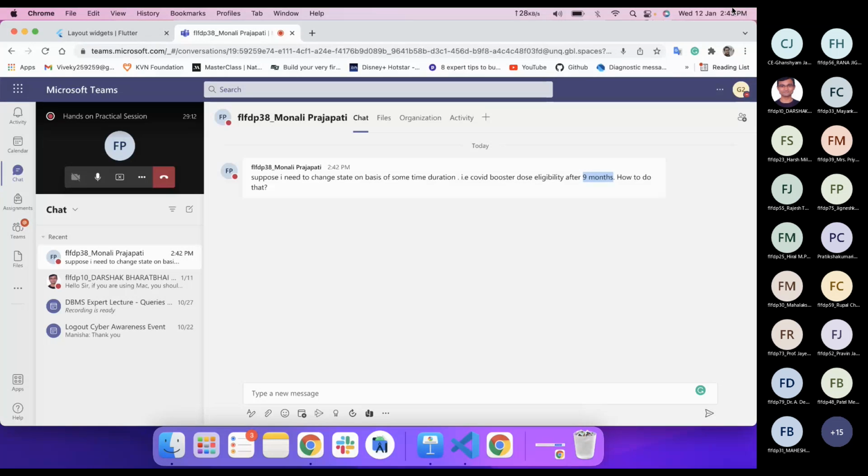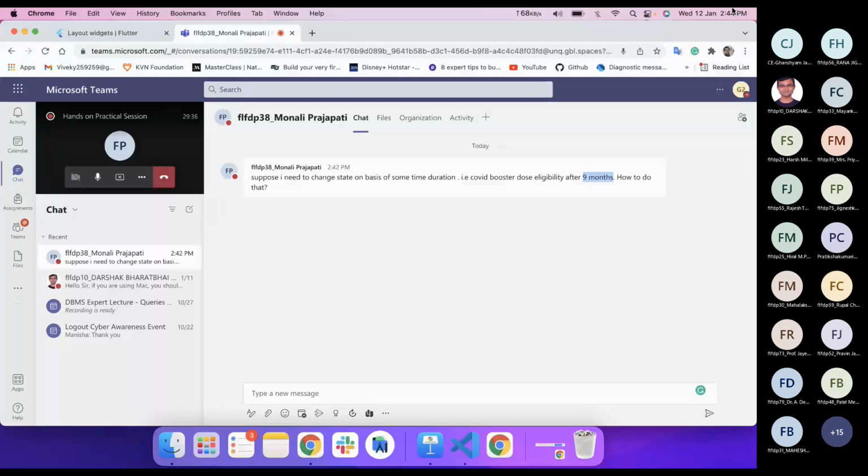Whenever the user opens that application, you have to compare the date. Let's say the user opens his application tomorrow, which will be the 14th of January. You can check the saved data. The saved data was 12th Jan, when you got the second dose. So the duration is just 2 days, right?